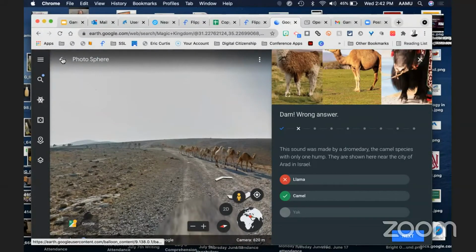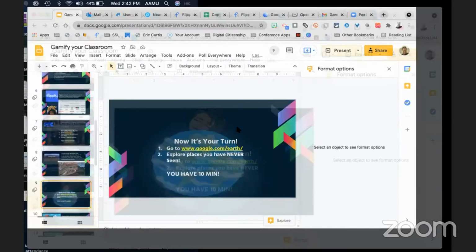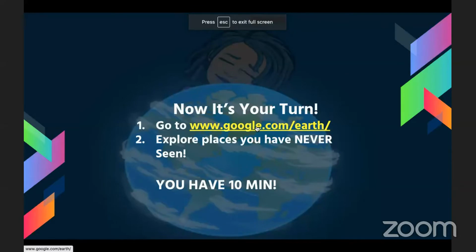So what I want you to do is, because I know we didn't dive deep in Google Earth, what I would like for you to do is go to Google Earth yourself. You're going to go back to that presentation. You're going to click on that link. I want you to go to Google Earth. I would like for you to go and try to visit one place that you have never visited before.